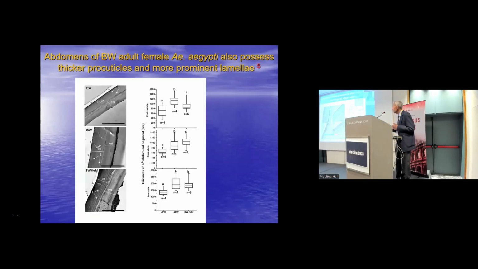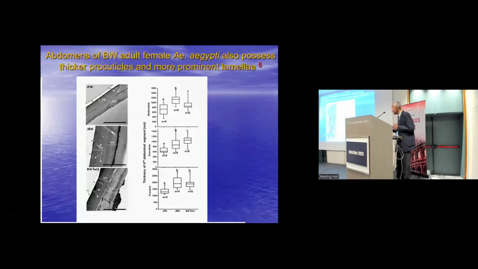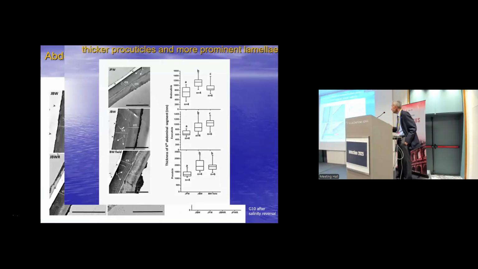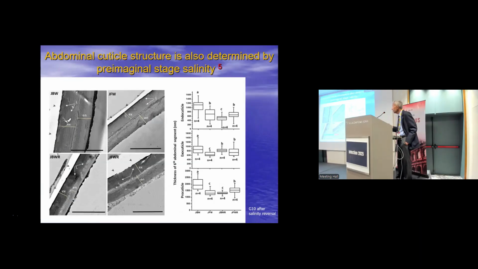And the cuticle thickness changes also occur in the abdomen of the adults. So when you spray pyrethroid insecticides or as a space spray, the abdomen has the largest surface. So that's where the insecticide would act when you use it as a spray rather than on a treated bed net. Again, we have reversal, that the cuticle thickness does change even in the abdomen with salinity.